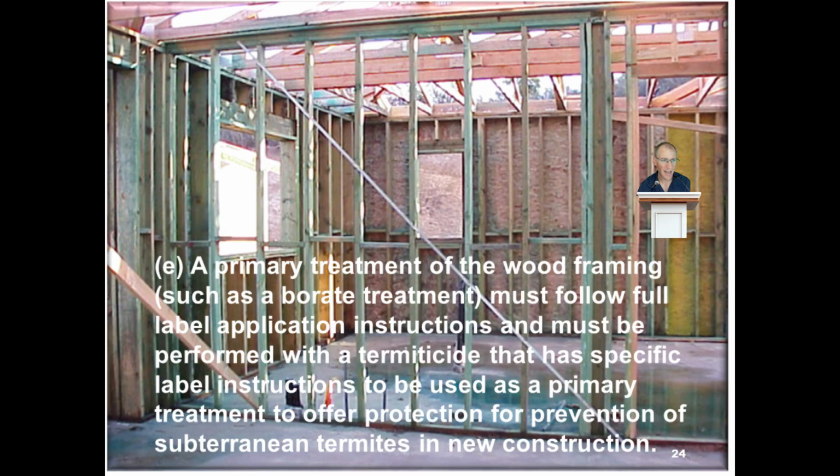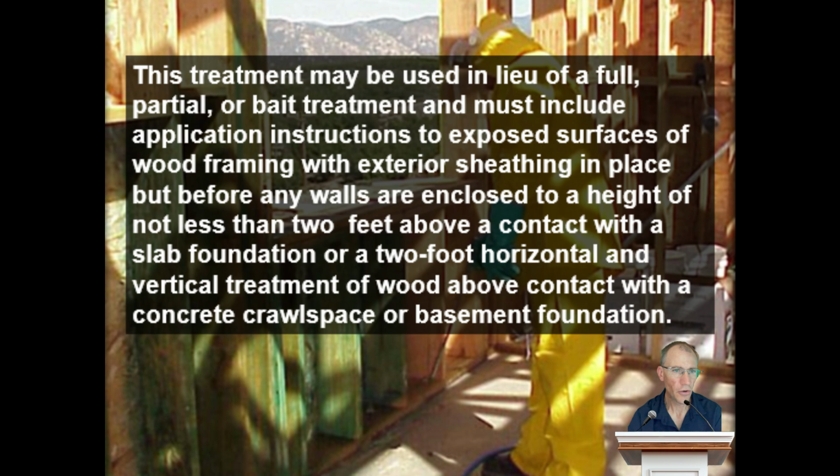E. A primary treatment of the wood framing, such as a borate treatment, must follow full label application instructions and must be performed with a termiticide that has specific label instructions to be used as a primary treatment to offer protection for the prevention of subterranean termites in new construction. This treatment may be used in lieu of a full, partial, or bait treatment and must include application instructions to expose surfaces of wood framing with exterior sheathing in place, but before any walls are enclosed,